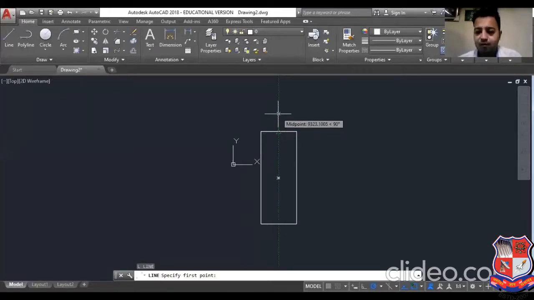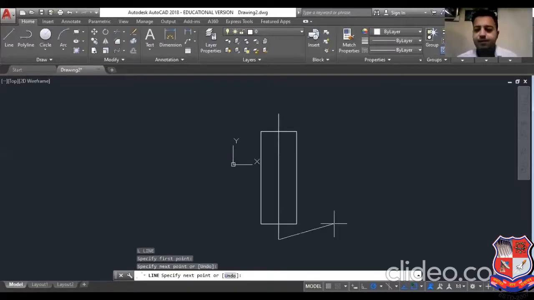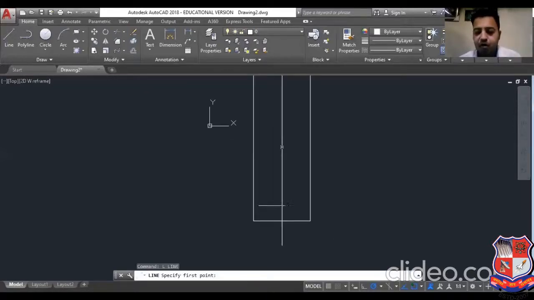Click from here to here and escape. Now the horizontal line for the center point of the circle, suppose I want this. I know this distance, so now I have created one circle.